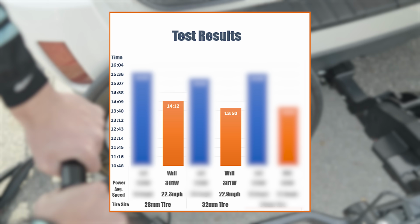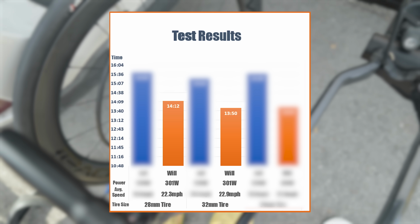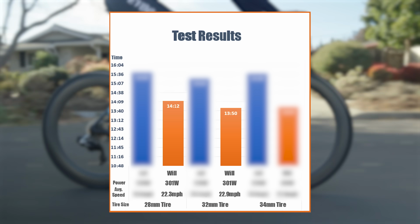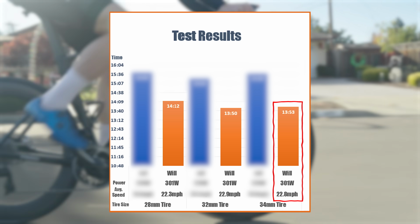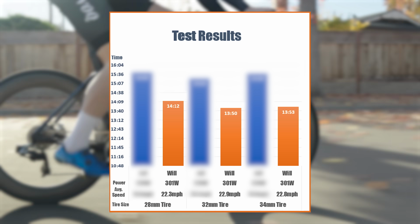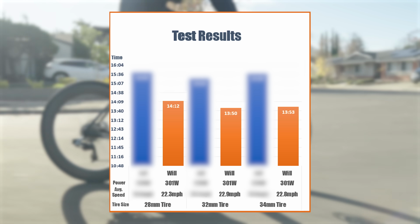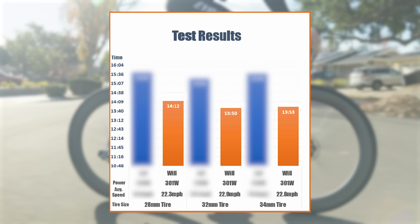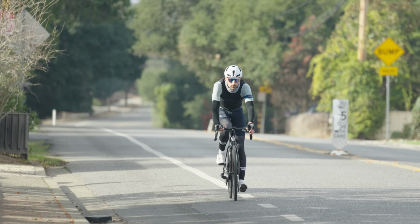Right. So then I was like, are we going to get more free speed with 34s? Hit him with it, Will. Yeah. Go big. And we did that 34 mil tire. It actually was about 3 seconds slower for me. So pretty bang on. That's not a big difference at all. Feeling wise? Felt about the same. Not a huge difference, weirdly. It's only 2 millimeters up, maybe a little smoother, but about the same on the course overall, right? About the same. Yeah, I noticed the same thing when I was out there, and we're going to get to